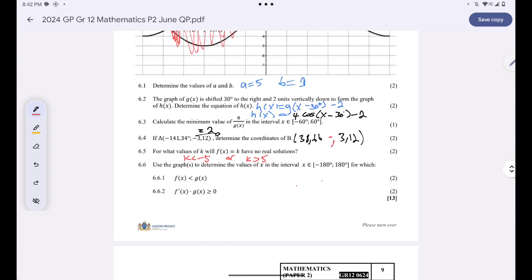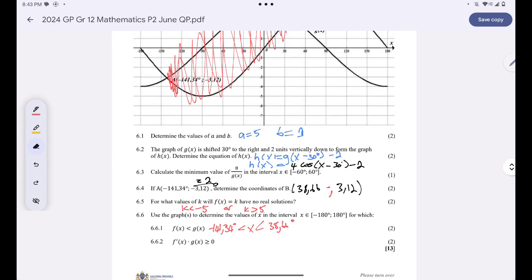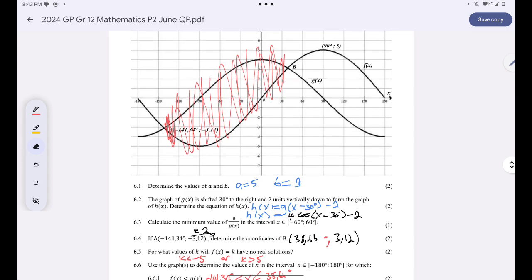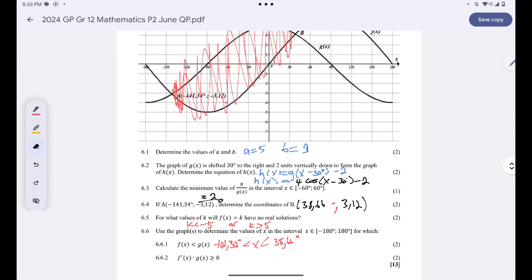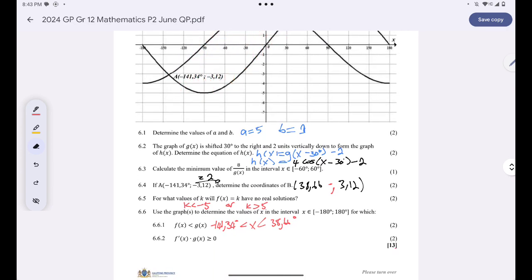So whenever x is between negative 141.34 degrees and 38.66 degrees, I will have that situation whereby the graph of f is below the one of g, right? And then now they want me to indicate